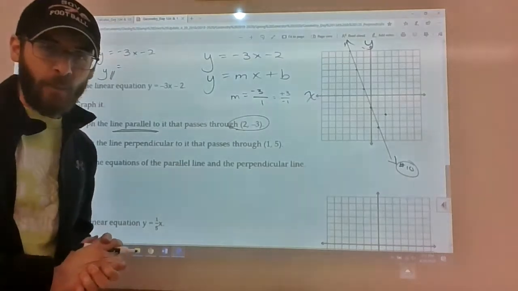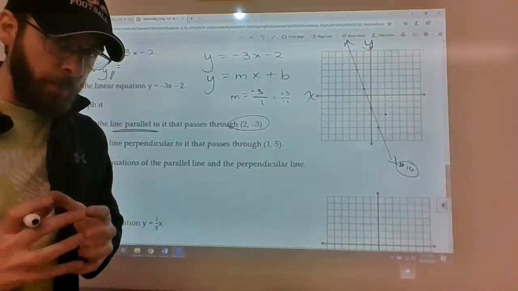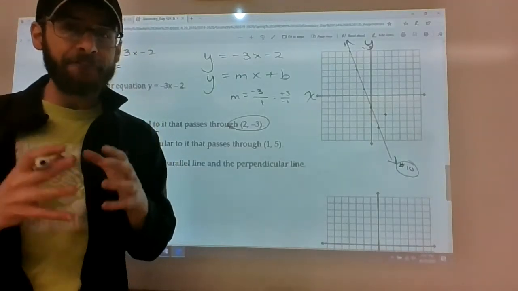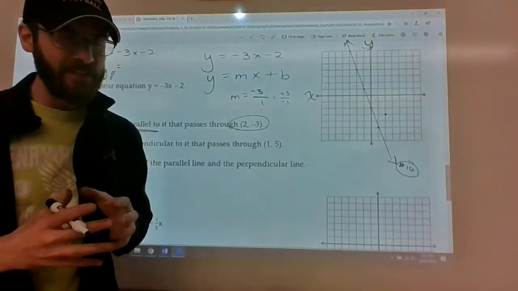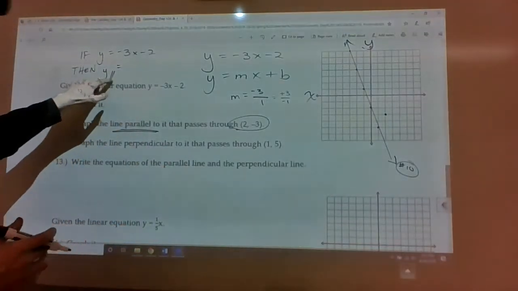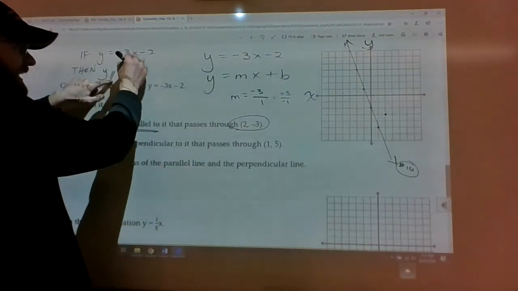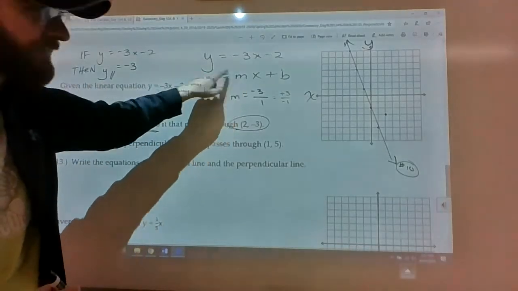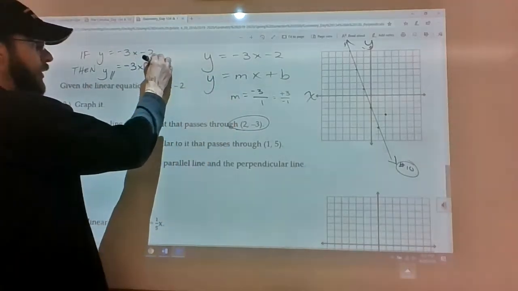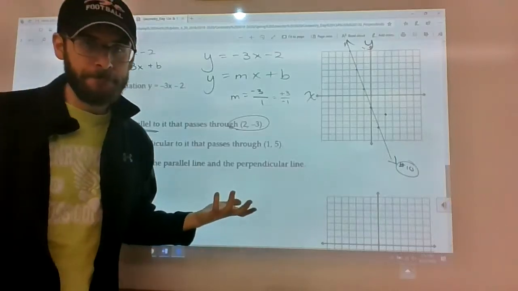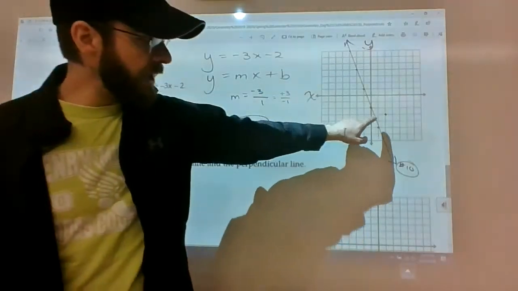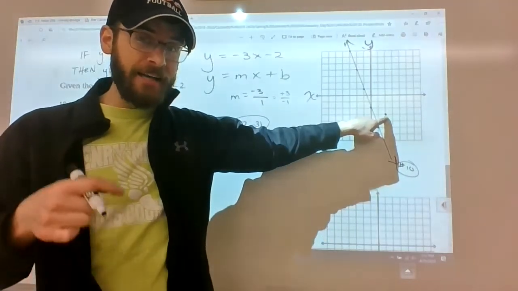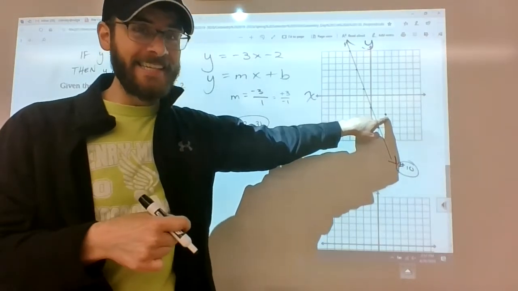Now here's the thing. We talked about how the slopes of parallel lines have to be the same. So for my y parallel, I know that negative 3 has to be the number in front of its x value. I don't know what b is at this point. But because I've already plotted a point, I can use the slope plotted from that point to get other points